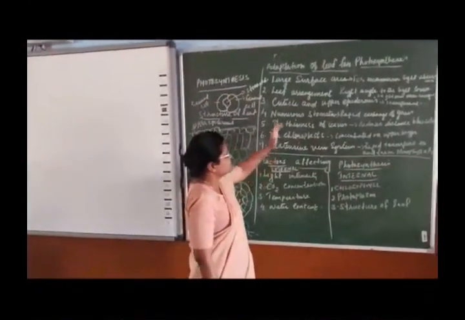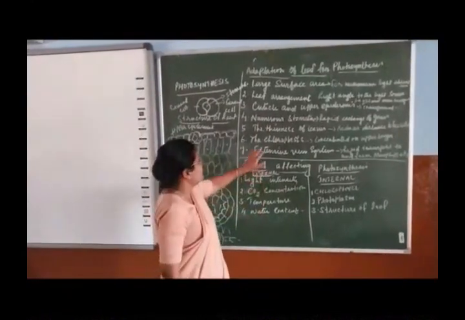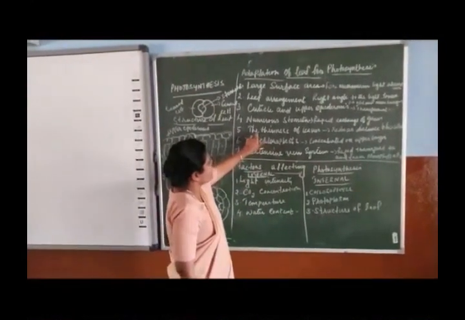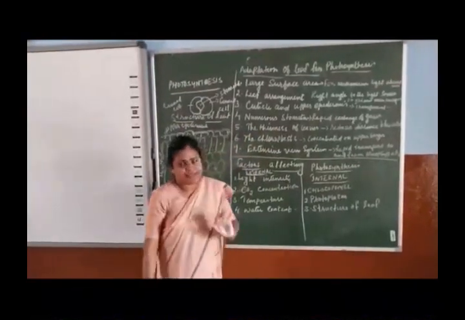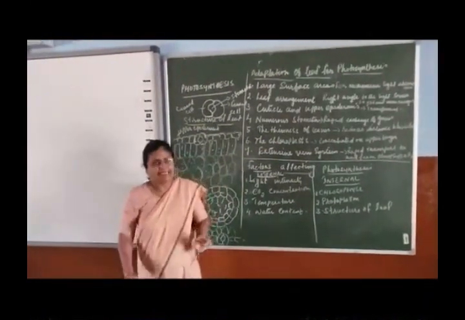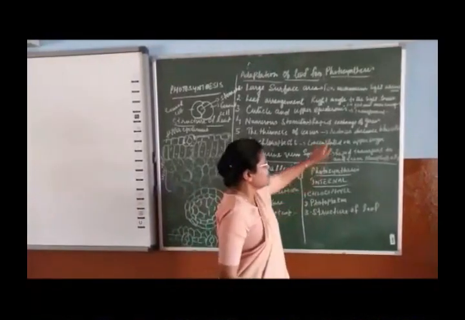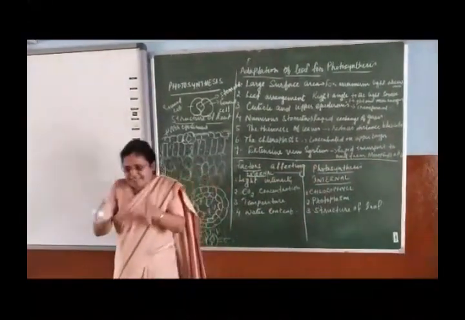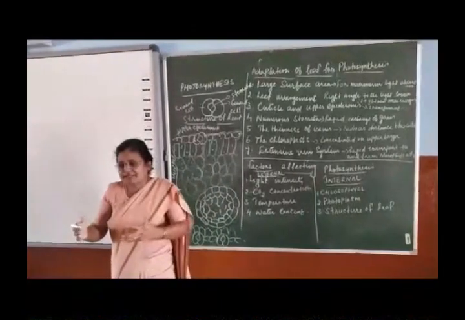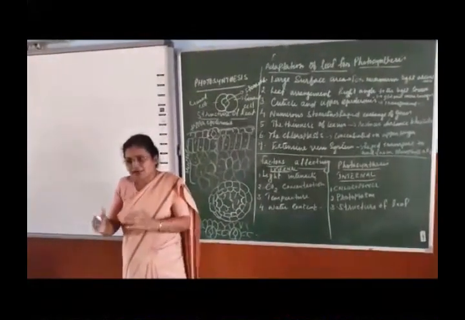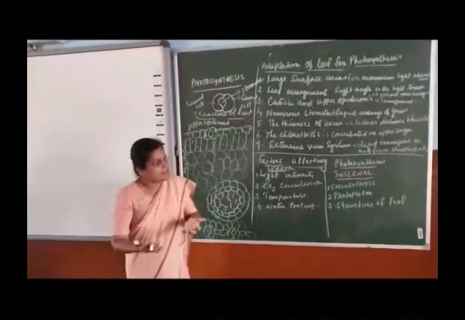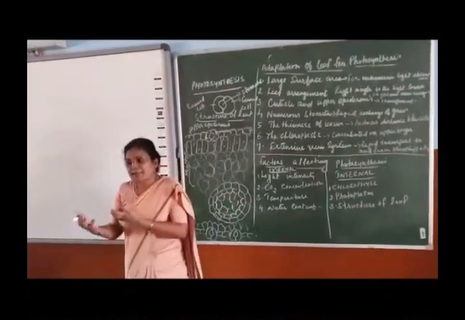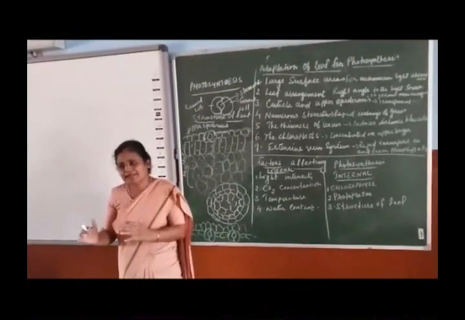And the fifth adaptation that the leaves normally have is the thinness of leaves. The thinner the leaf, the greater is the efficiency. Why? Because it reduces the distance between the cells. If it is thick, a greater number of cells are present, so automatically the distance becomes greater. It cannot transport the food prepared at a rapid rate.